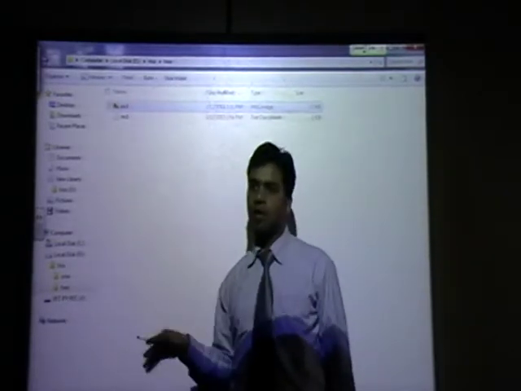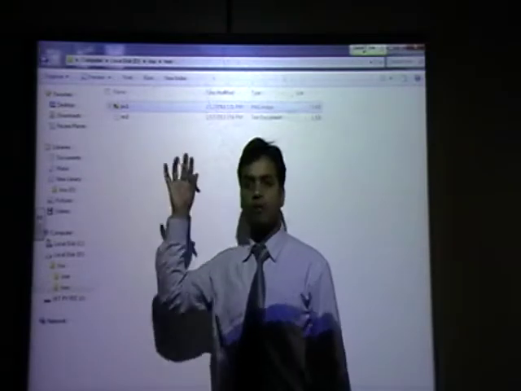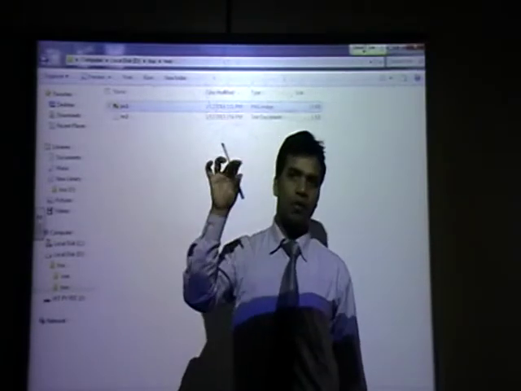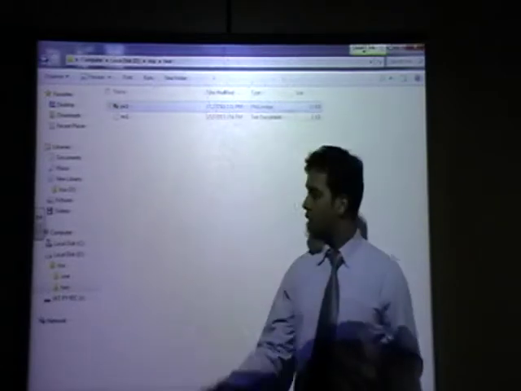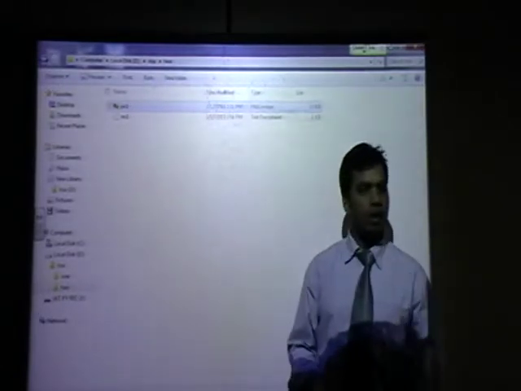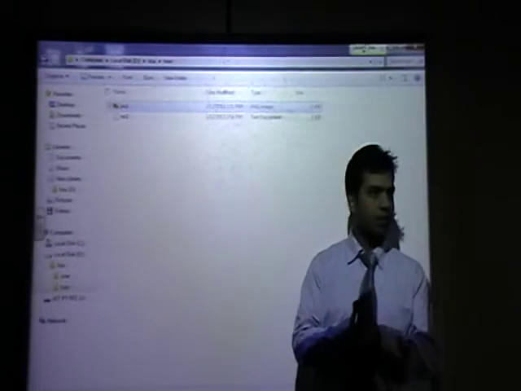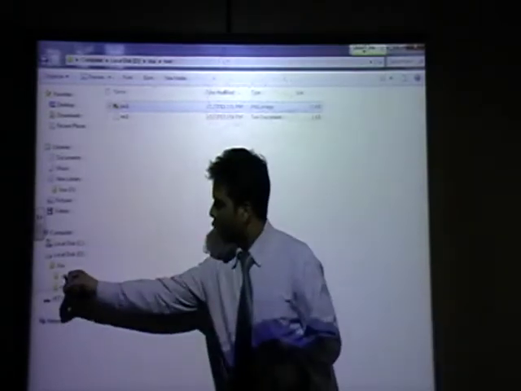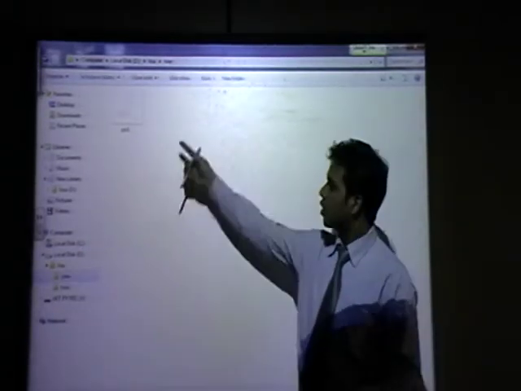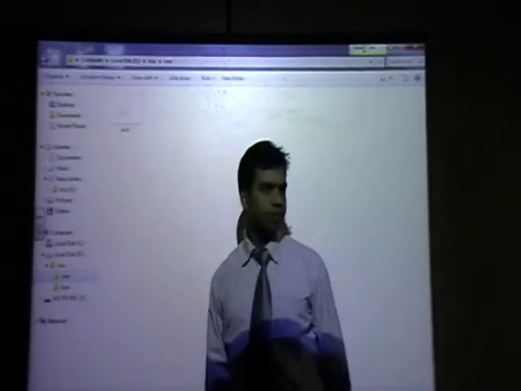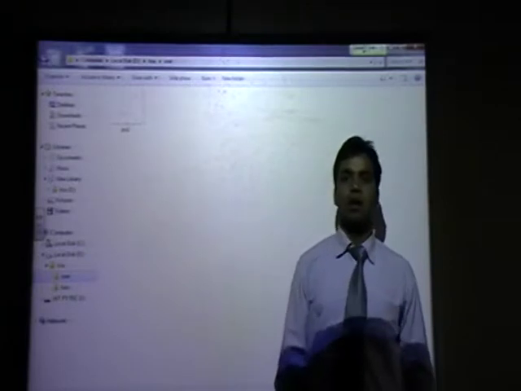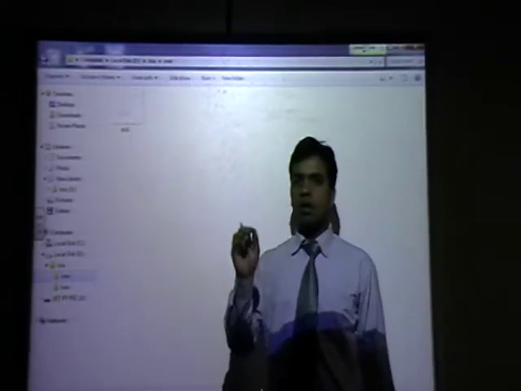So you have copied picture 1 from folder number 1 to folder number 2. Now this is copy paste. Again, go to folder 1, copy this file and paste in folder number 2.